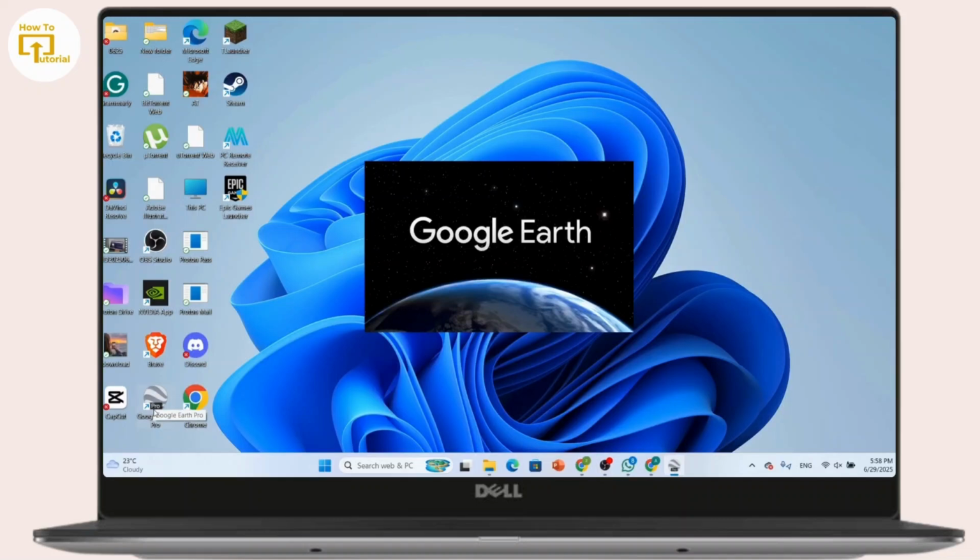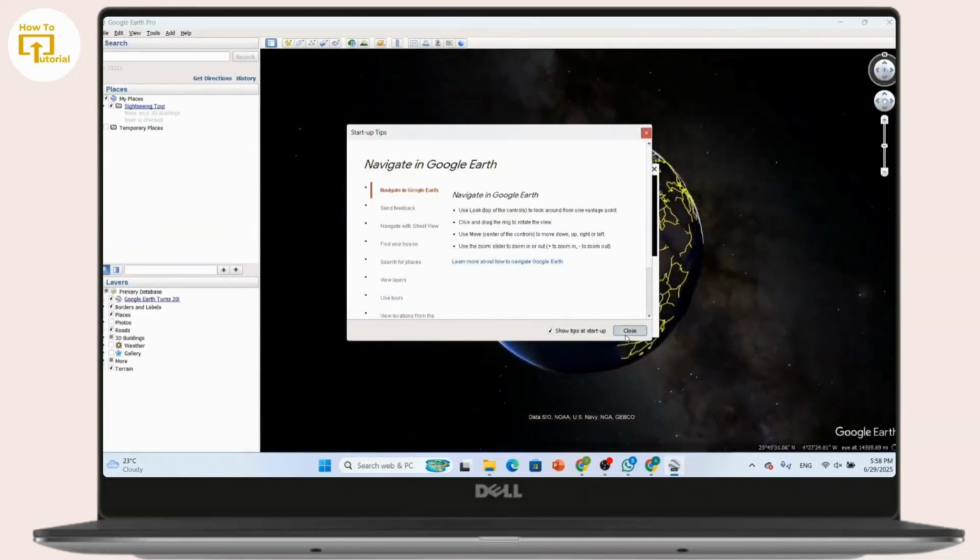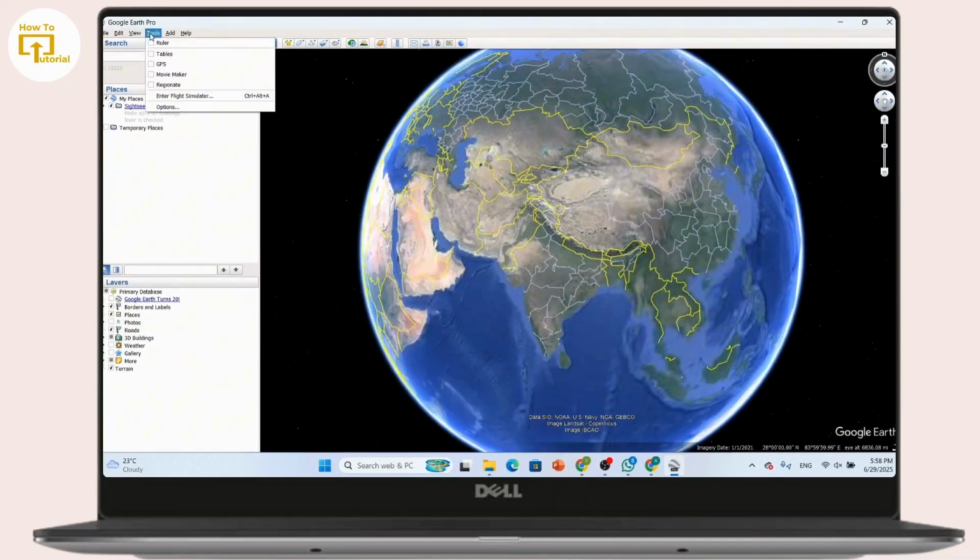So first things first, make sure that your Google Earth Pro is installed and running on your computer. And now here, once you are inside Google Earth Pro, at the top menu bar, you can just click on Tools. And after that, you can simply select Options from the drop down menu, and this will open the